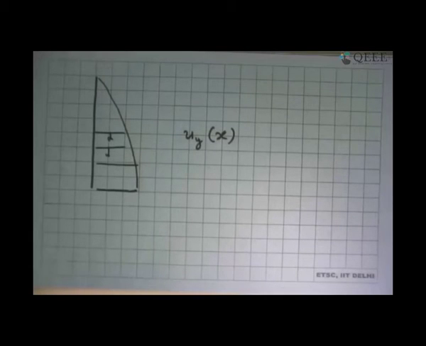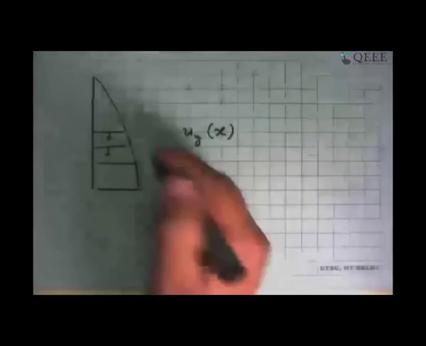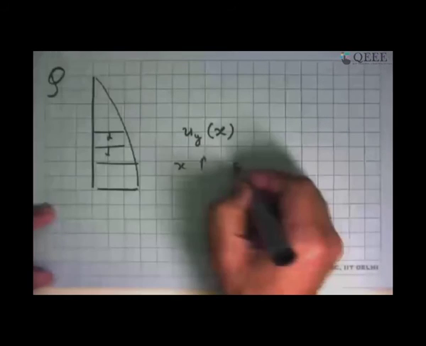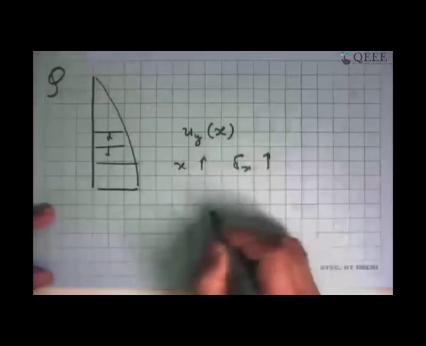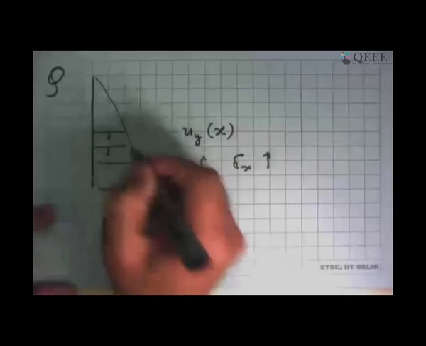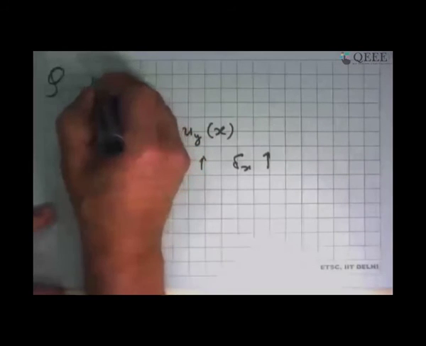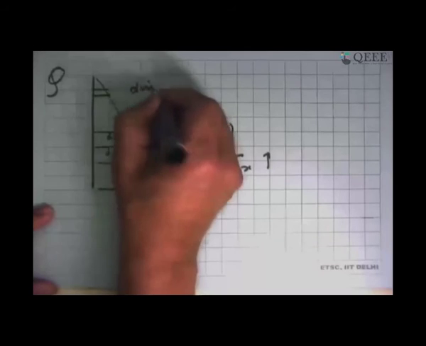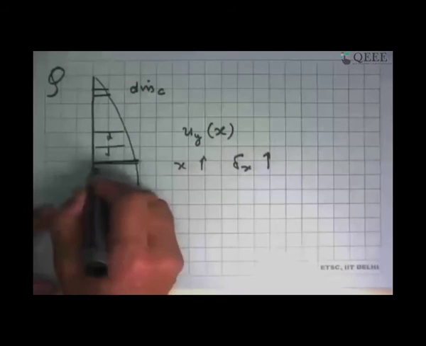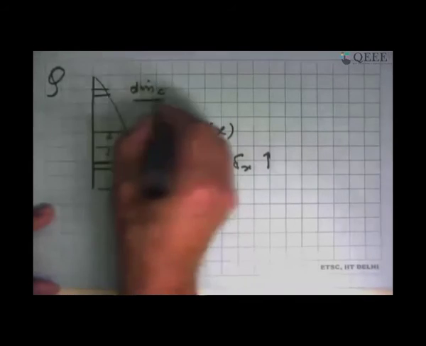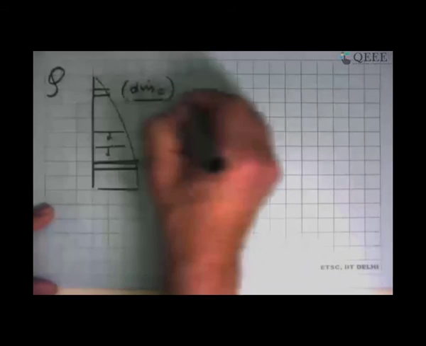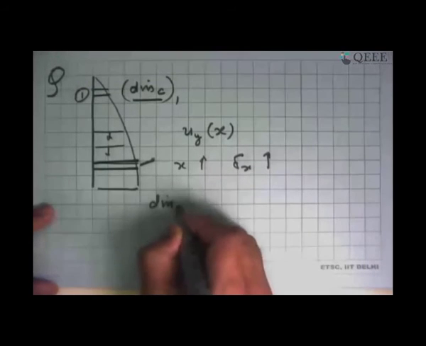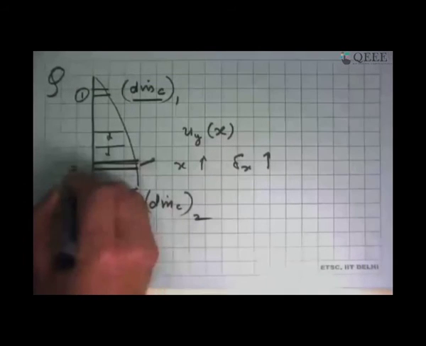Okay, I can't find that sheet right now. What is happening is that as x increases, the delta is increasing, and the rate at which, say, you take a small element here and ask how much dm dot c takes place here, and we take similarly a small element here and say how much dm dot c takes place here. So this is dm dot c at location 1, and here I have dm dot c at location 2. So this is location 2.